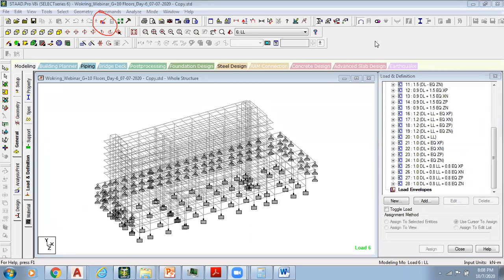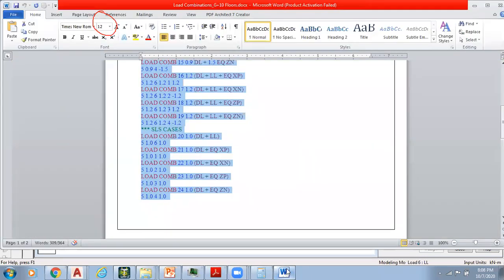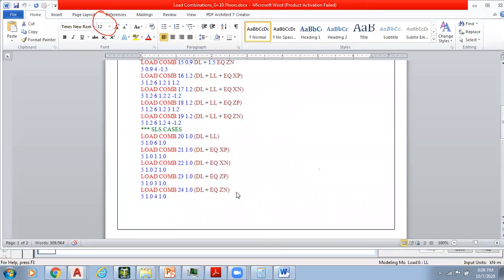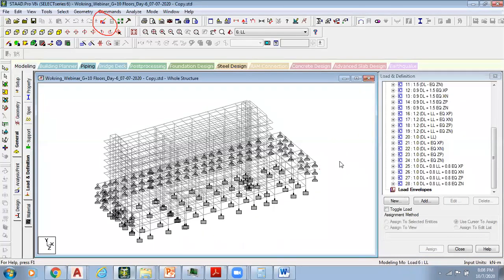Sahil, because we have not stepped down these errors and warnings, we will do it. These default combinations, Mohammed, we have to write somewhere on this Word file. I have already shared this combination to your WhatsApp accounts. If you have really verified them, you can just use those combinations. That's it.